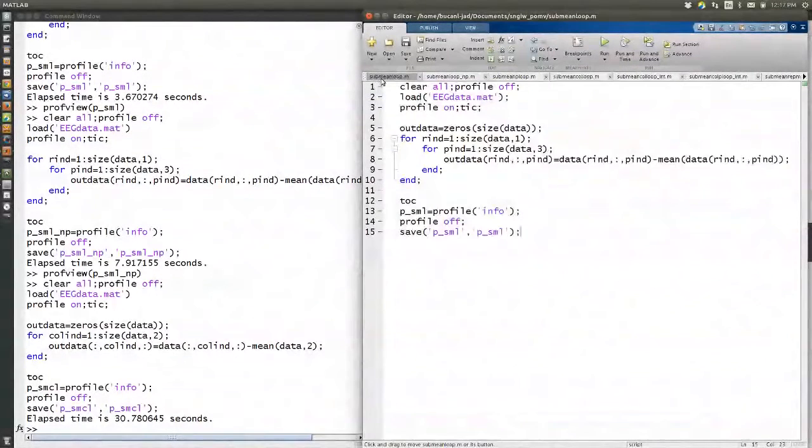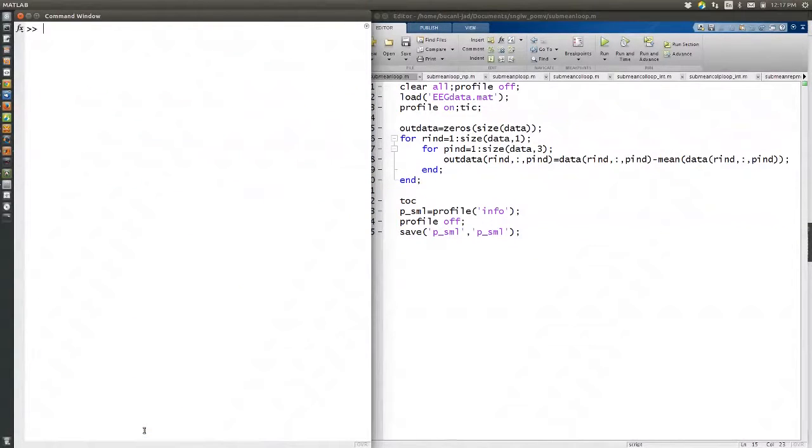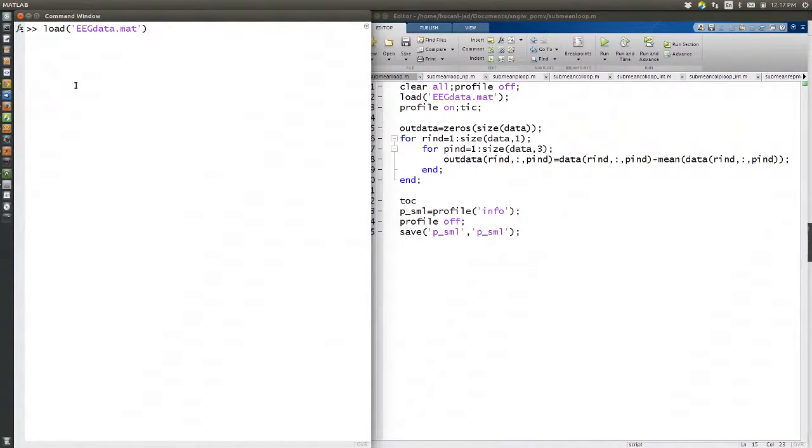So here I am over on MATLAB, and I'm just going to go through and describe each of these steps. So first of all, to show you the data, if we go to load and then EEG data.mat. So this example data is taken from EEG research, where we record the electrical activity coming off of the